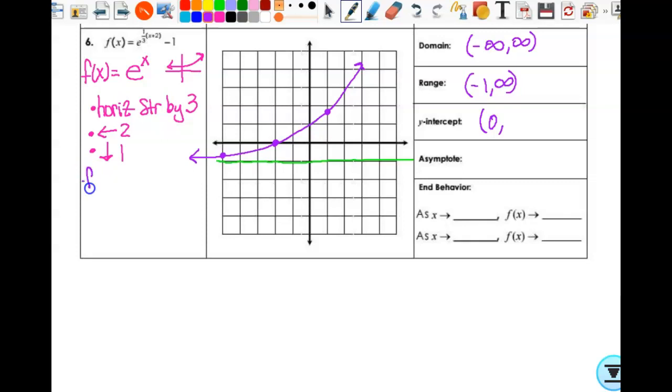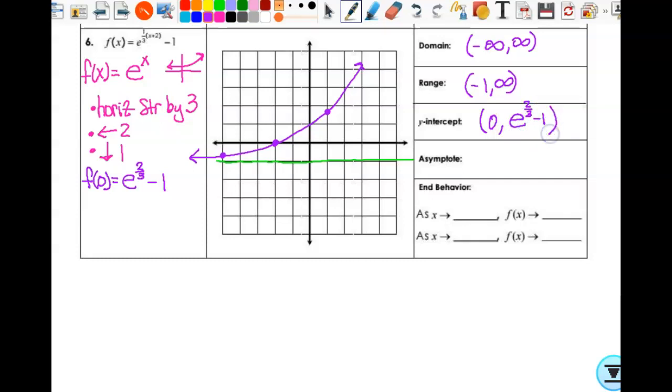I need f of 0. That's equal to e. All right, so if I put a 0 in here, this is 0 plus 2, so 2 times 1/3 is 2/3, and then minus 1. So I get e to the 2/3 power minus 1. If I needed the actual value for that, I would type it into a calculator, but I don't. In this case, I want to leave it exact. So I have e to the 2/3